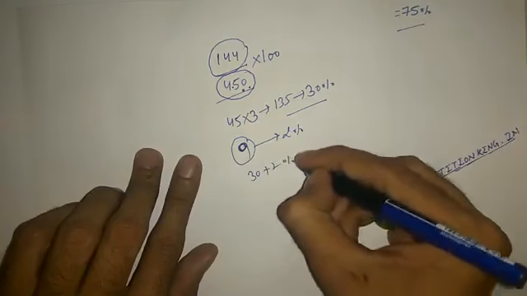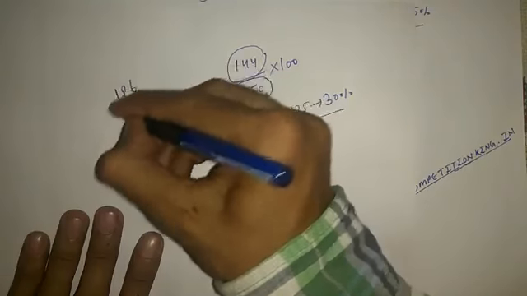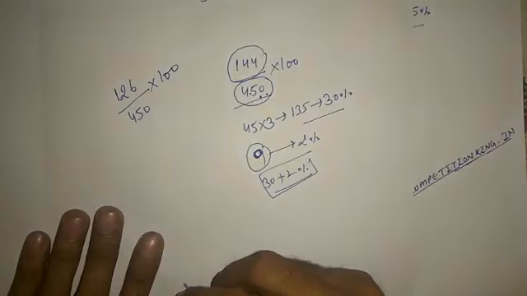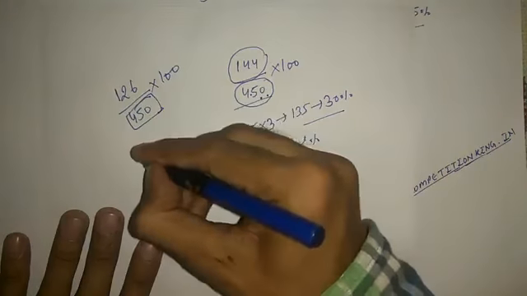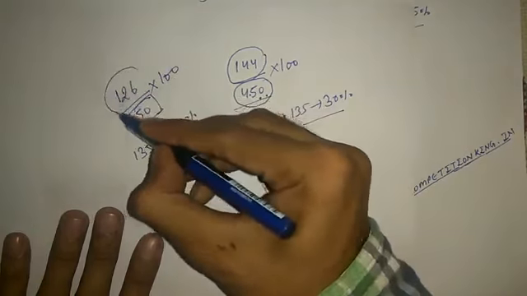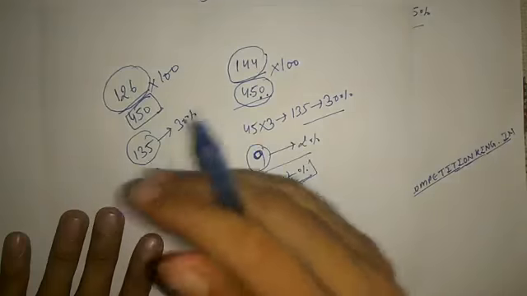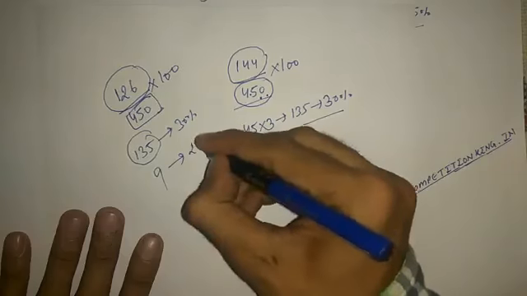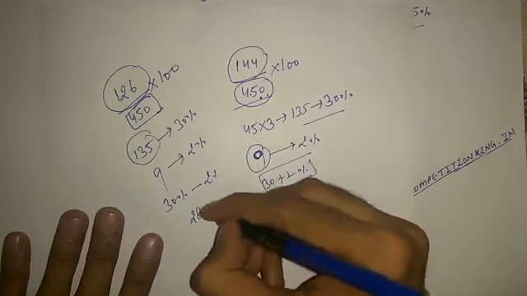30 plus 2%, 32%. But if instead of 144 we have 126 is what percent of 450? As calculated earlier, I will take 450 as 100%. 135 is 30% of this. But we have to calculate 126. We have calculated 135, which means 9 less. And as I already calculated, 9 is 2% of this. Now we will subtract this because this is less. The answer will be 28%.